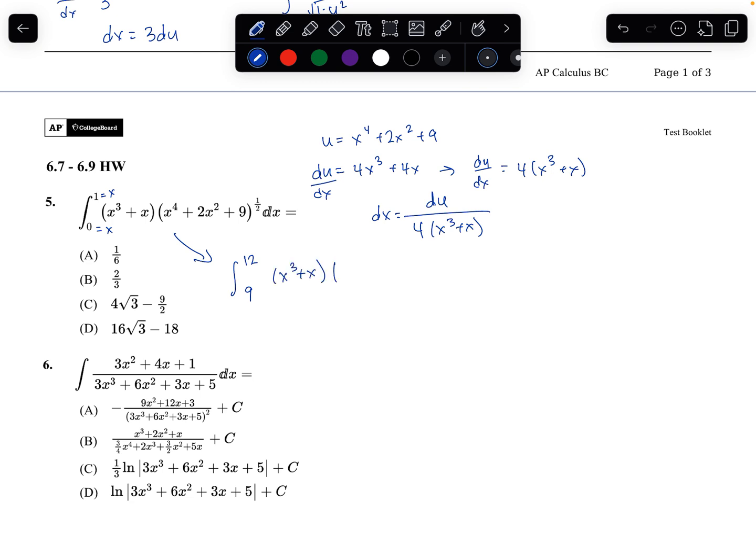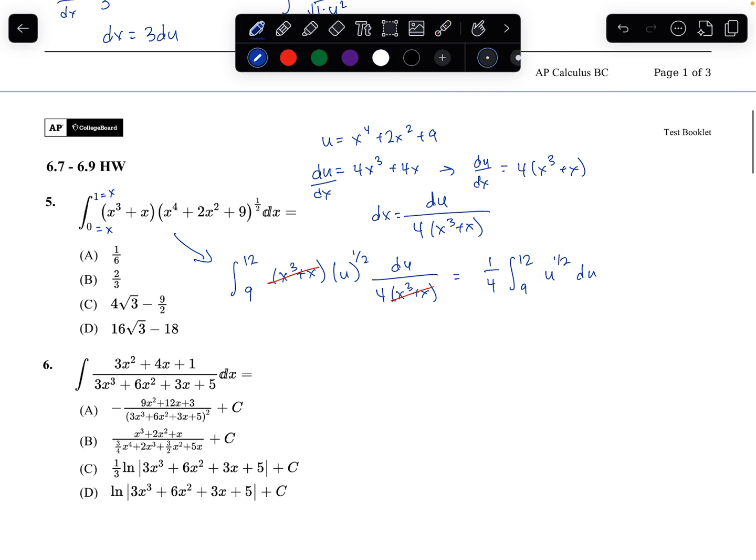And remember that I'm making my substitution, so now this is going to be u to the 1/2, and dx is going to be equal to all of that right there. So it's going to be equal to du over 4x to the 3rd plus x. And as far as cancellations go, that's going to cancel with that. And then I'm going to put the 1/4 on the outside and the integral from 9 to 12 of u to the 1/2 du. So now I can do the antiderivative of u to the 1/2, which is just going to